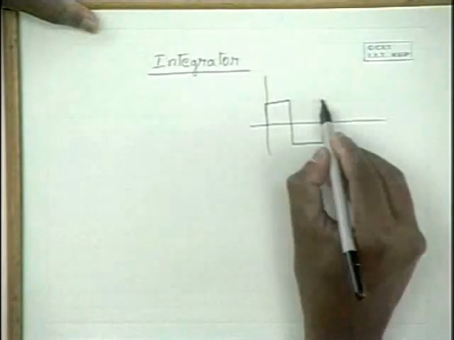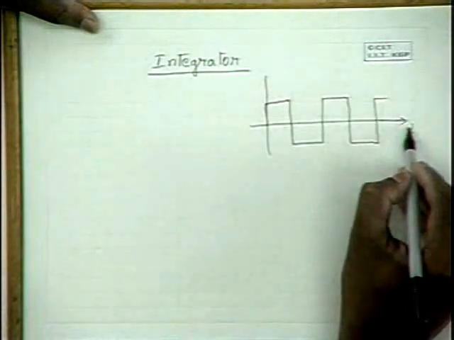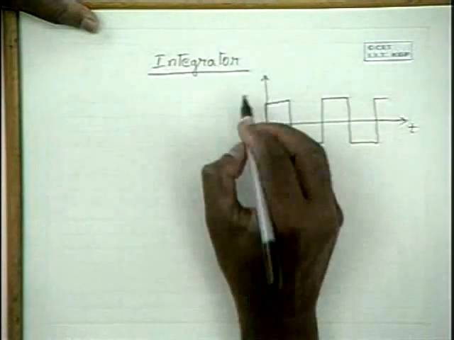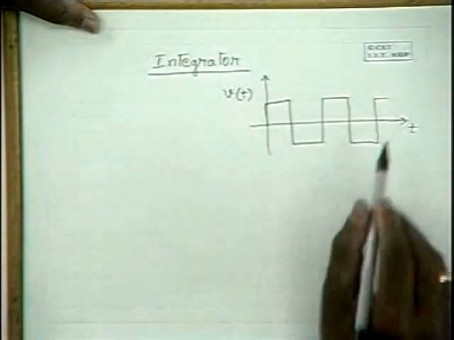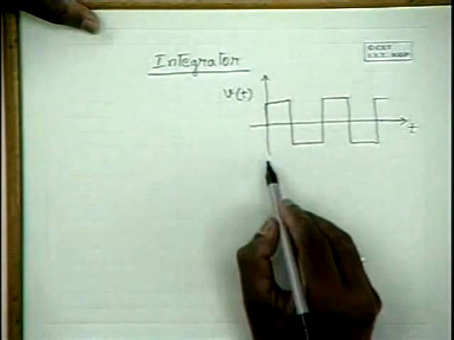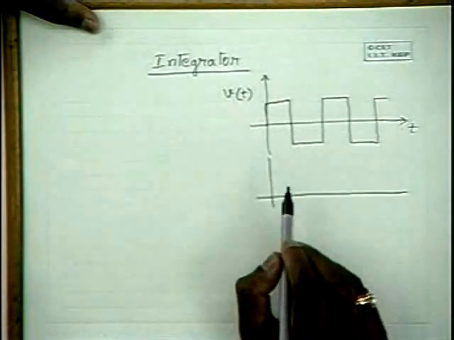First of all, I shall discuss what integration is. Please note that signals are time functions. So signals can be of different types, and there are time functions like this, as shown here. It may be a voltage or current signal. And please note that once it is a function of some variable, it can be integrated with respect to that variable.